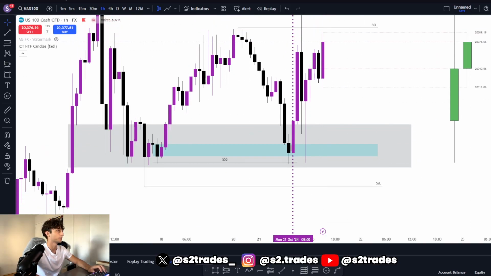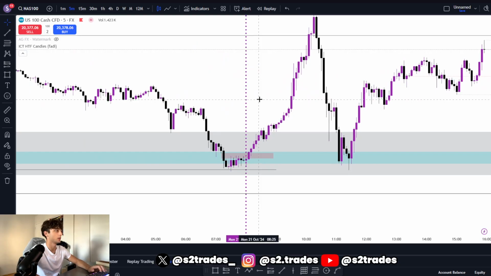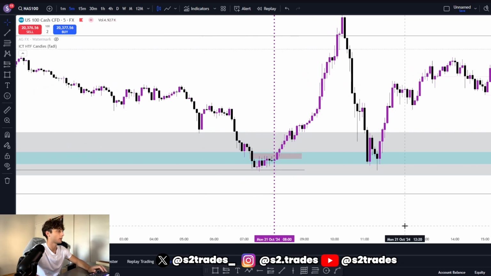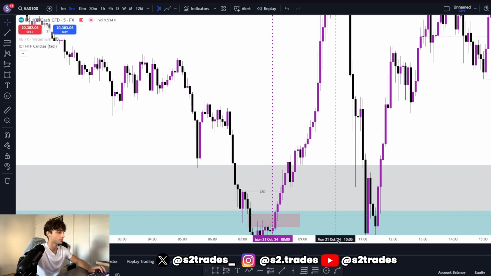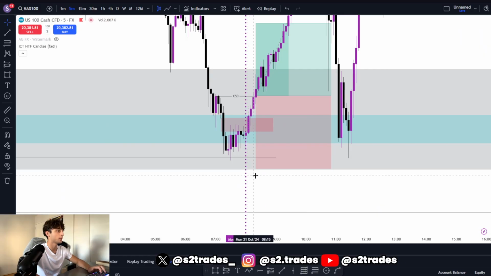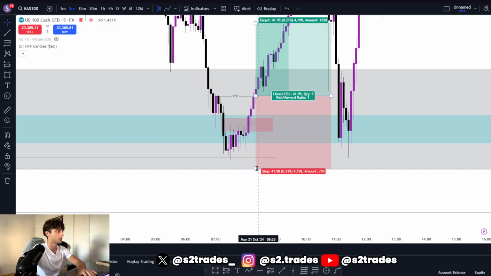But I wanted to have a quicker trade. So boom, 5-minute fair value gap inverse, as well as a change in state of delivery. Once I saw the change in state of delivery, I entered long, and I put my stops on the wick of